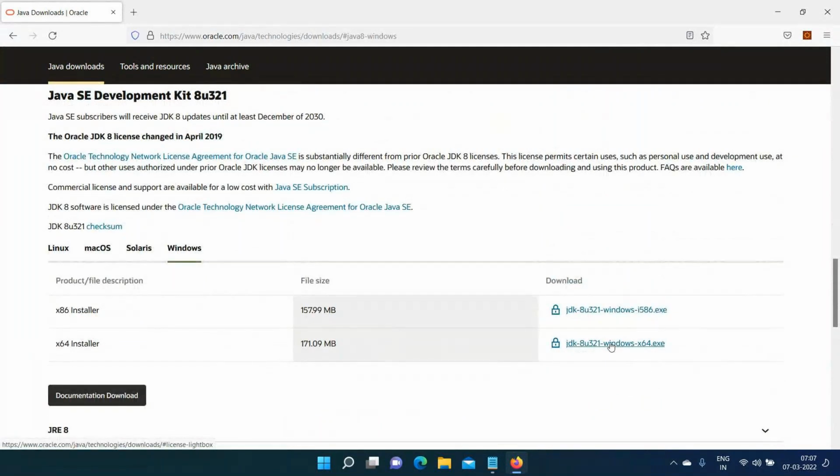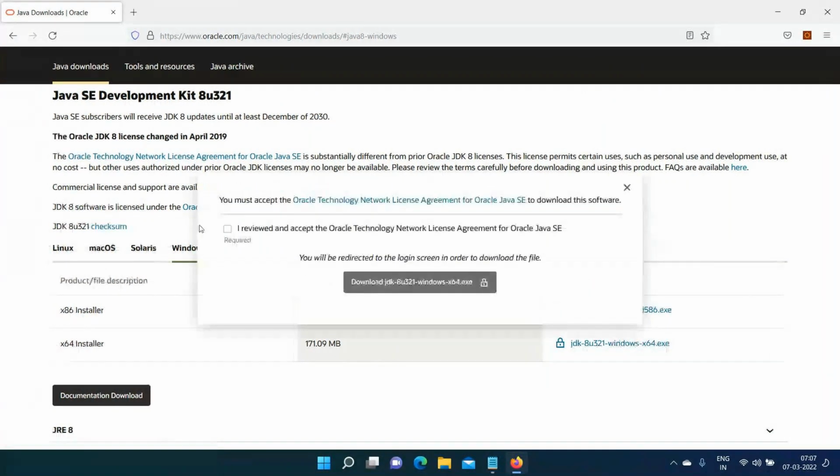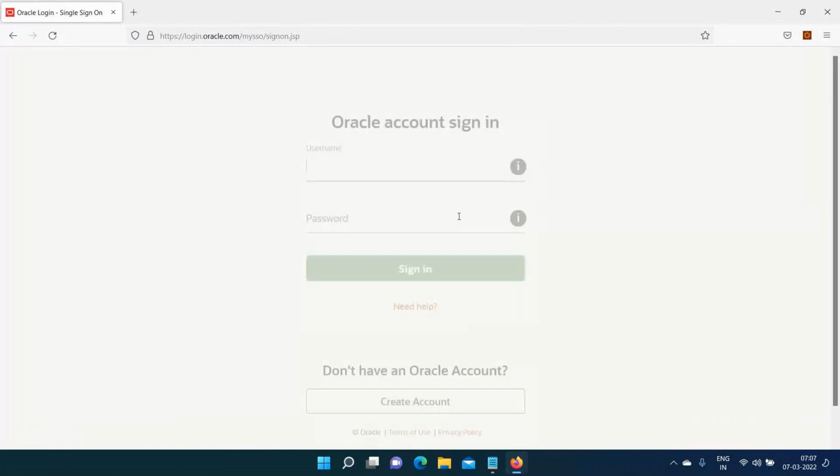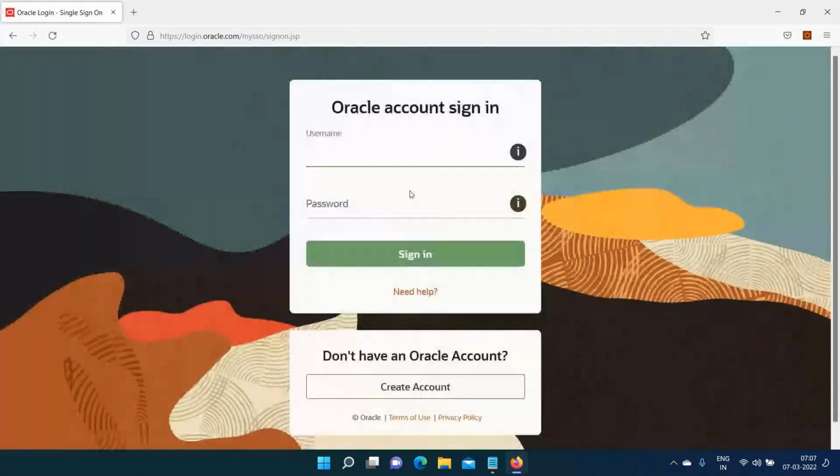While getting the JDK installer, it will ask you to log in. As a user, you have to log in. Once you log in,